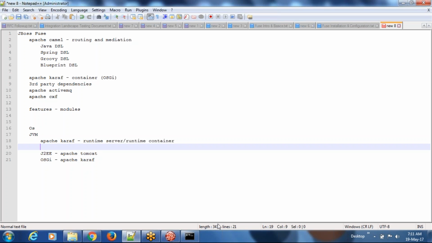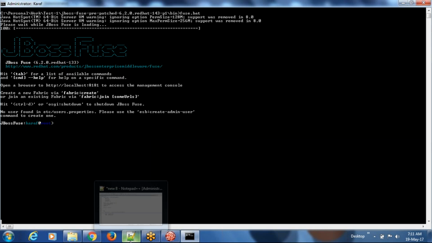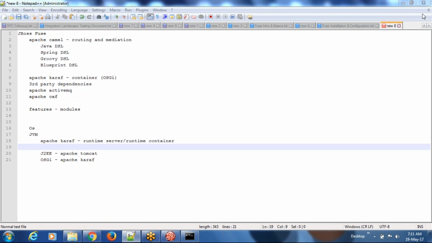So I started Fuse now. It has loaded Fuse in a very basic mode. Here I can do the normal integration, and I can run my normal integration routes here. Okay. So once we start Fuse